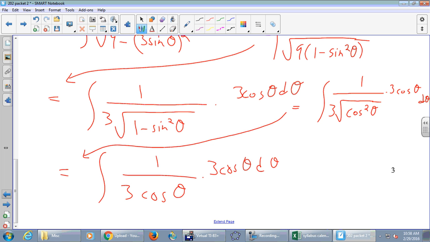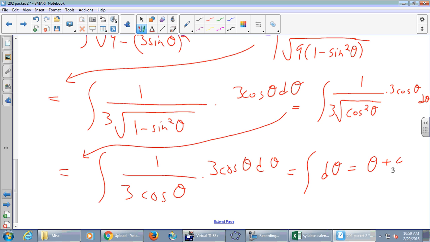And then miraculously, lots of stuff cancels. It doesn't always happen as nicely as it will right here. All we can guarantee is that that radical is going to go away, and we cross our fingers that what's left is something manageable. So this is really just the integral of what? D theta, just 1 d theta. Okay. What is the integral of d theta? Theta plus c is good. And we're done, except